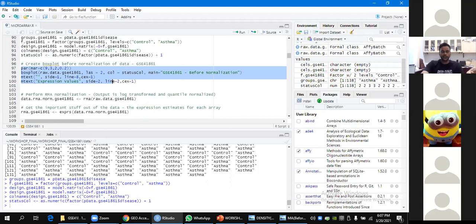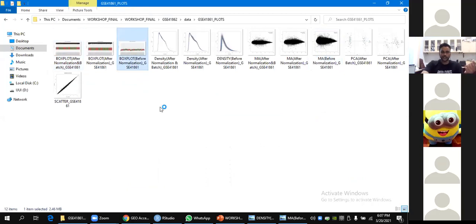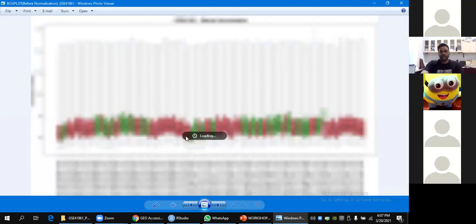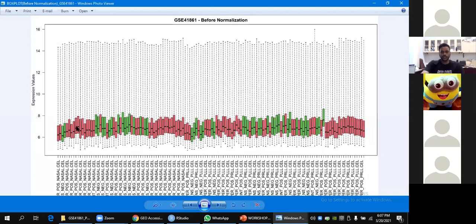Let's see how a typical box plot of unnormalized data looks for this data set. So this is the box plot of unnormalized data for GSE41861 samples.